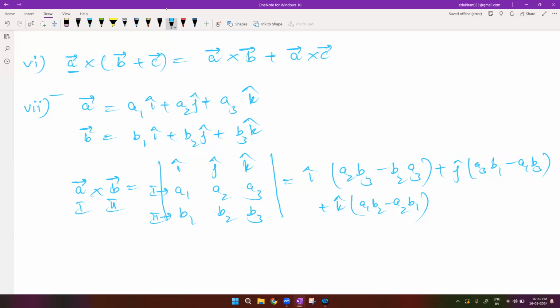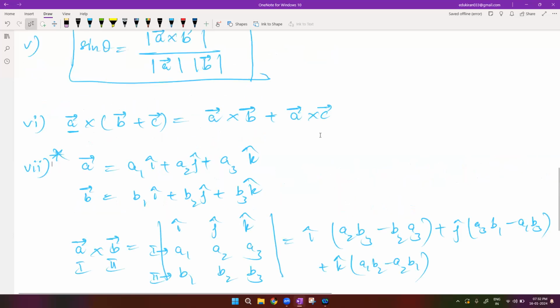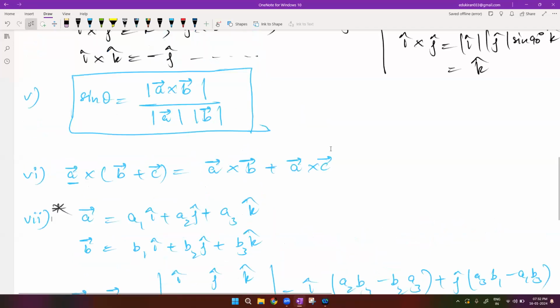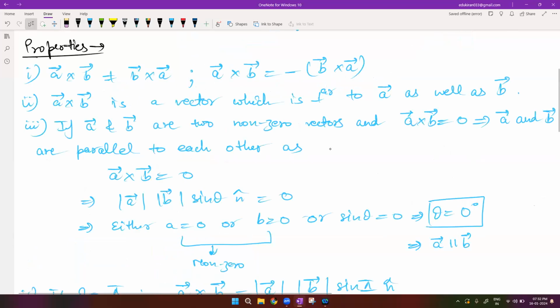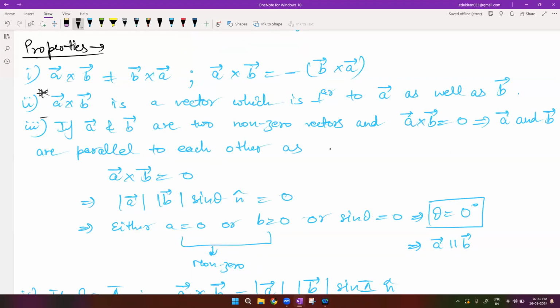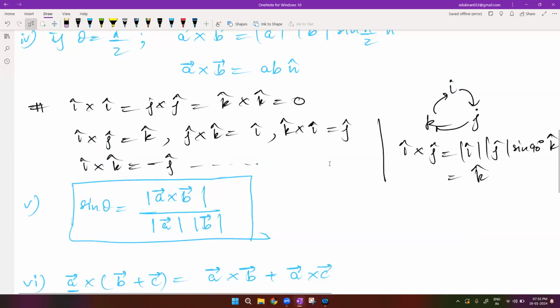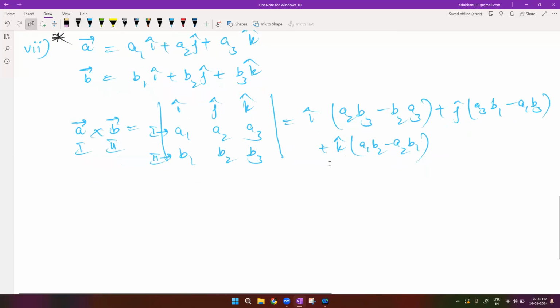So this is an important property, by the way. I would also mark the important properties. I should have actually. I did not. That is my mistake. This is an important property because it shows you how to find out the cross product of two vectors. And in most of the cases,